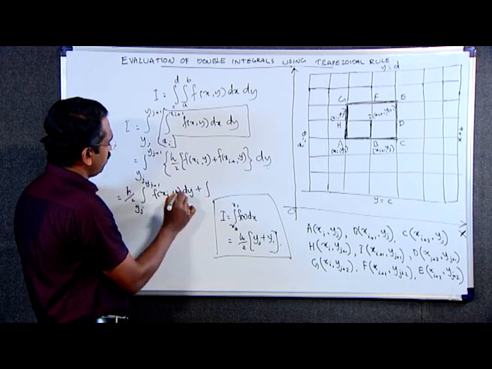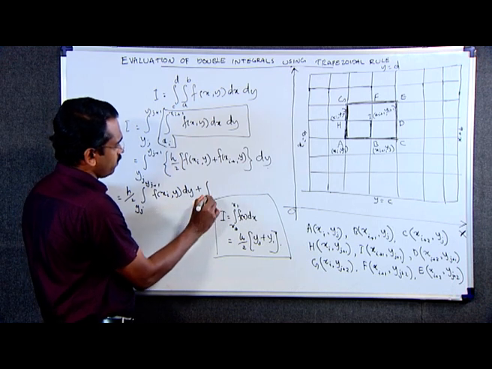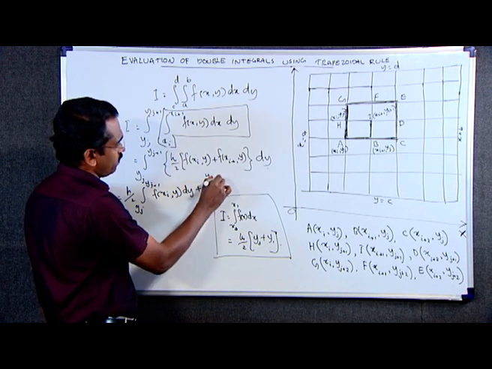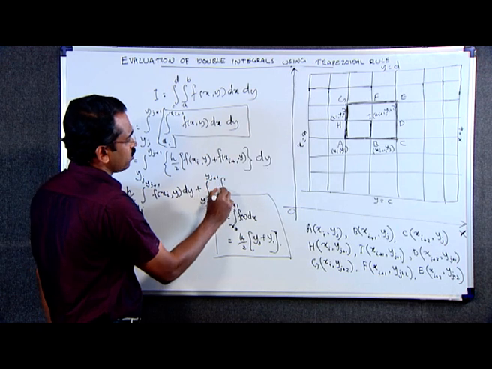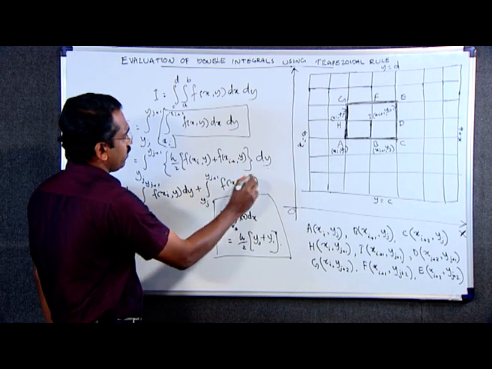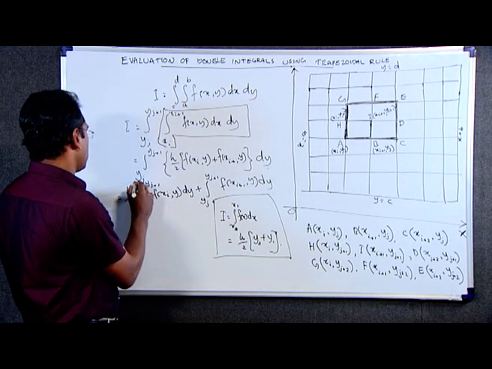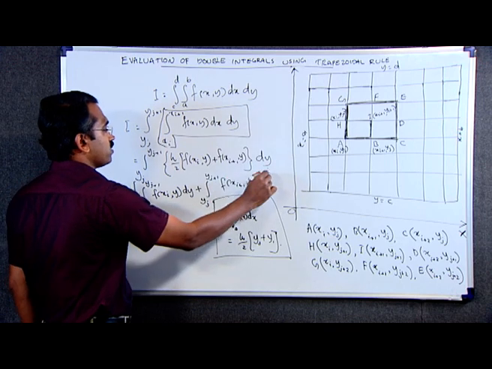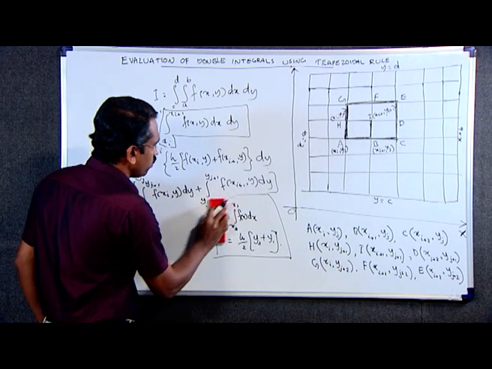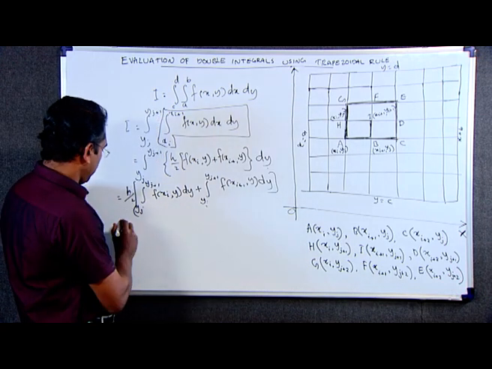plus the integral from yj to yj plus 1 f of xi plus 1 comma y dy. This h by 2 is common for these two integrals. This is equal to h by 2 into,